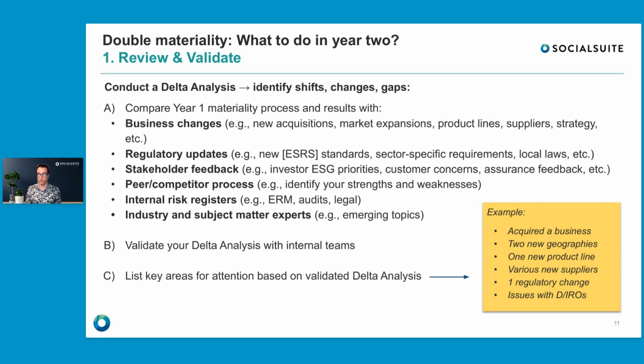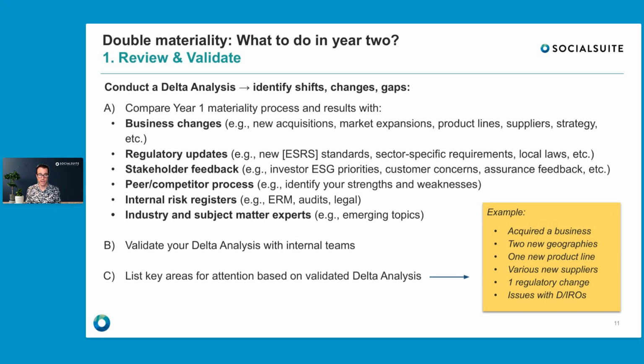Then think about stakeholder feedback. What have you learned between last year and now? Are there any investor ESG priorities that have changed, or new investor ESG priorities in relation to, for instance, a new acquisition? Have you heard anything from your customers? Are there any particular concerns? And think broad and wide about that. So yes, you might have a specific grievance mechanism or a specific way of capturing that, but at large, what are your consumers, your customers, saying and thinking? Is there anything different from last year?